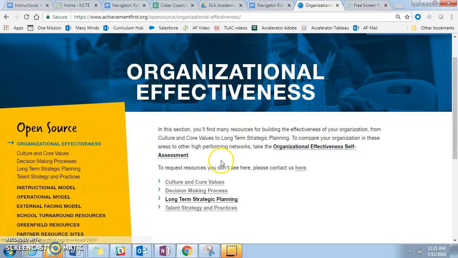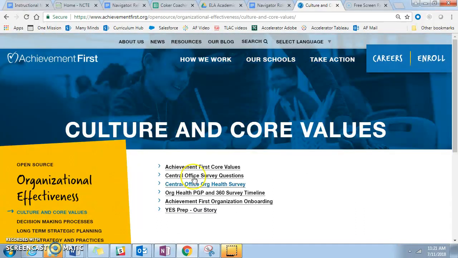From there, we have materials available to you on decision making, core values, strategic planning, and talent. Once again, down the left-hand side and here on the page, you'll see the same subcategories manifest. Clicking in either place will take you to the same materials that are available. For example, if I click into this culture and core values, here are just some resources that are available to you that you can use and access.